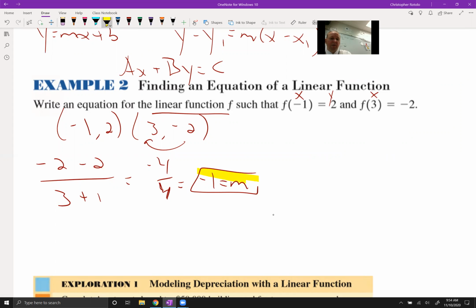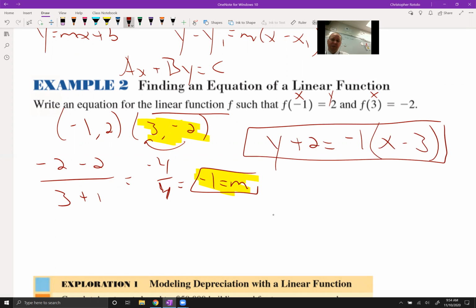So let me just tell you which one I'm going to use here. So I'll highlight those. So I have y minus the y value. So I'm going to go with plus 2, -1 times x minus the x value. So that would work. If I need to translate it into any other form, we can distribute and take care of those items as needed. Okay. So the big thing here was